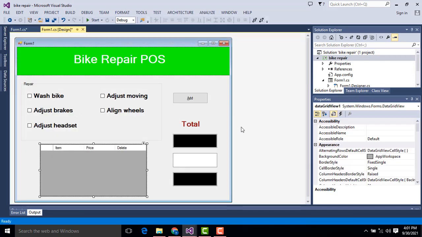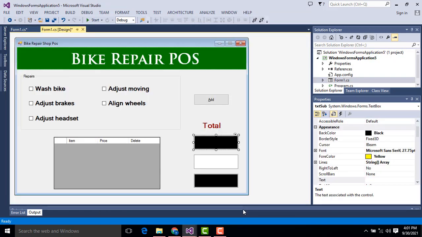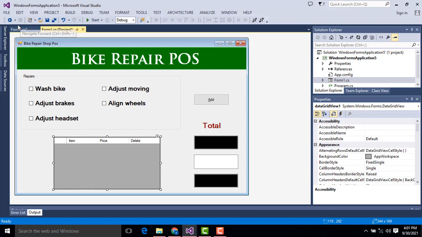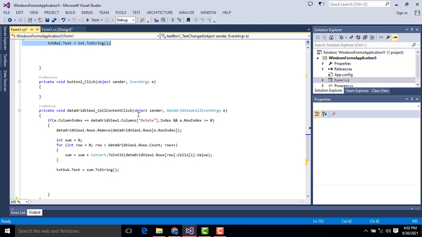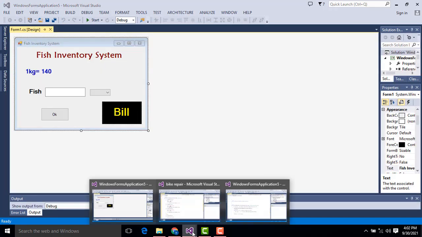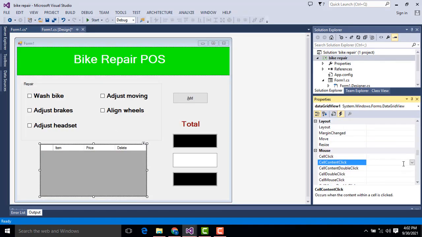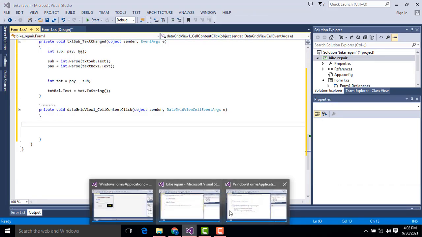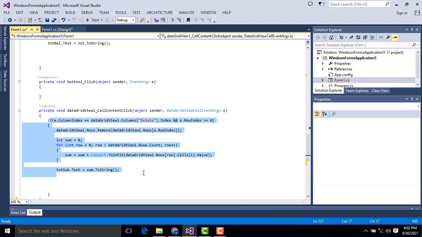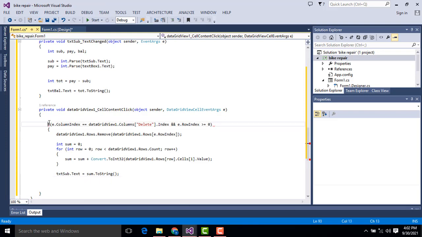After that, what I am going to do is the delete, the data grid view delete event. So here, what I did is data grid view cell content click. Select the data grid view, go to the event, cell content click, this one, double click on this one, it goes here. What is the code you have written over here? You can paste it over here. Delete column. That's it. Very simple. We have done the code, like if this one should be if.